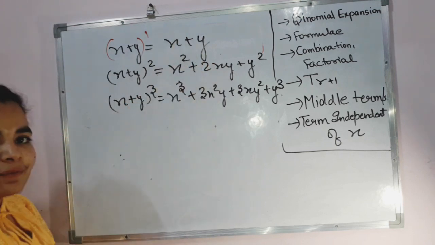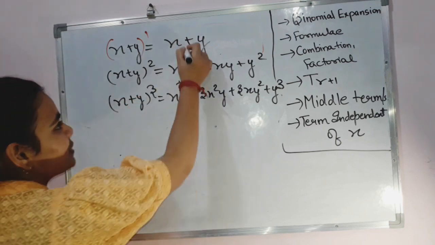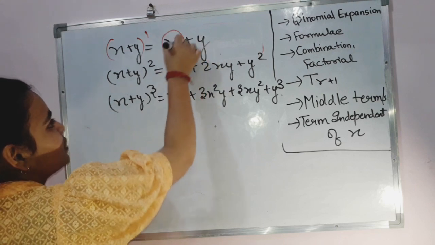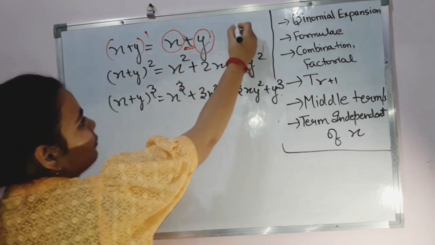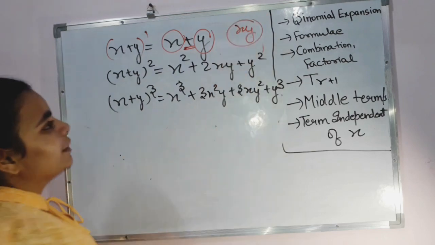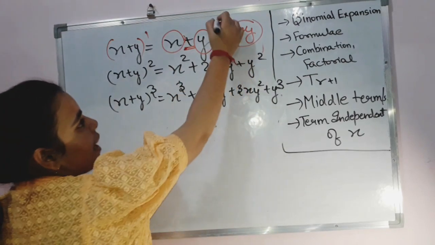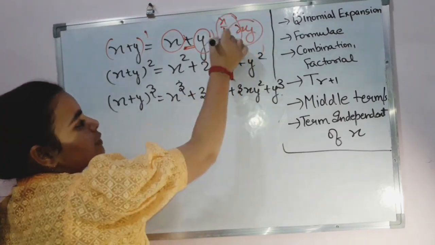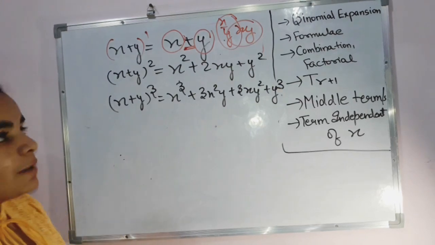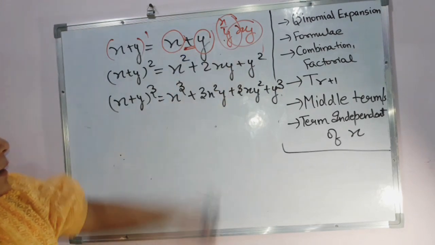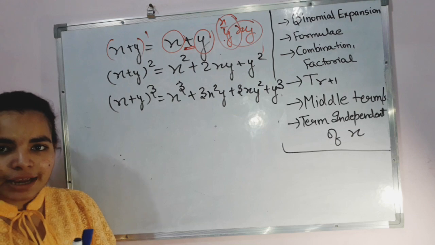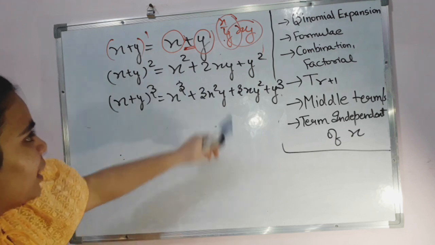Now how to see which are the terms? If you have a plus sign in between, then these are two separate terms. But if I would have got xy multiplication, or x upon y, then this was my one proper term. Okay, this was my one term. These two separated with the help of an addition sign or subtraction sign become my terms.